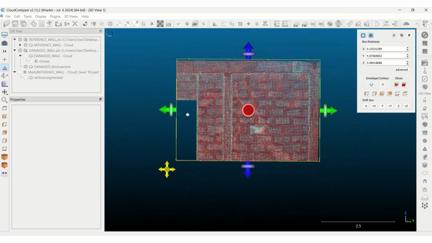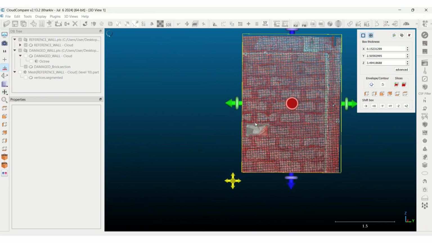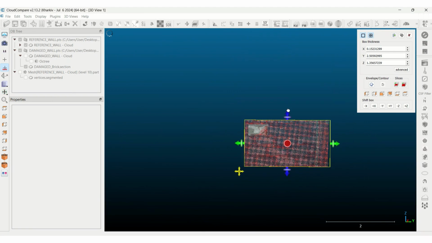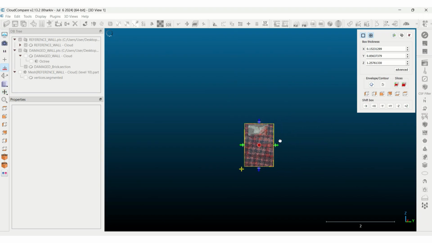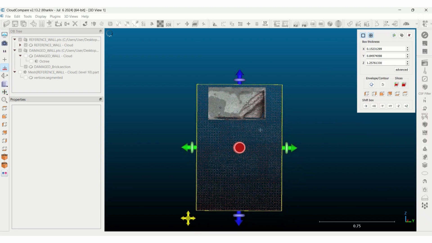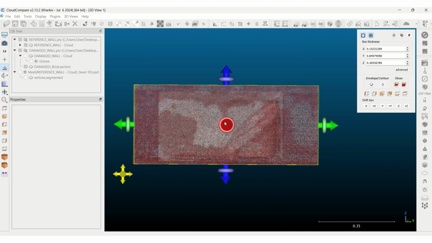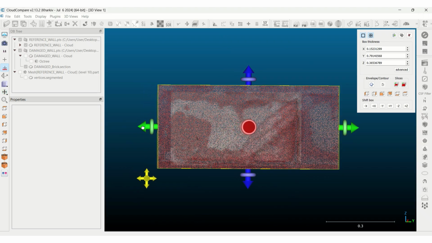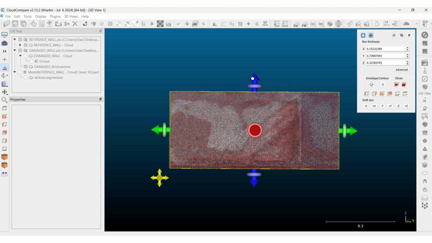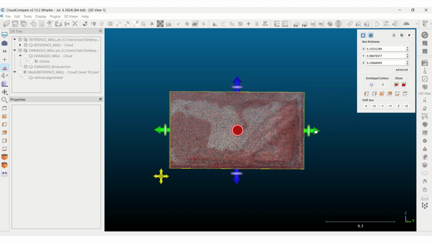So bring it, the limit, okay, is here, zoom in, okay, perfect. Let's bring it here, okay, good. Okay, perfect, almost finished, almost finished. Is the limit, okay, and